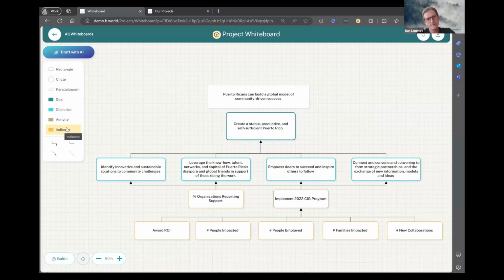And then, of course, as you would expect, we have indicators. You can drag and drop these onto the screen if you like, and then use the lines to connect them up. And once you do that, you can end up with a picture like this, where in this case, you're saying,